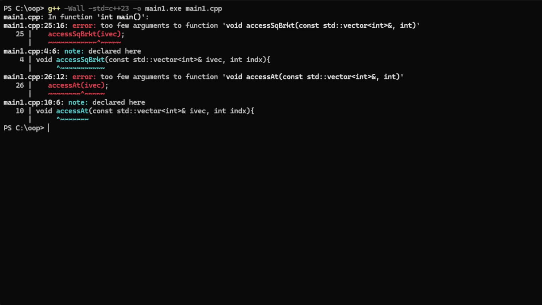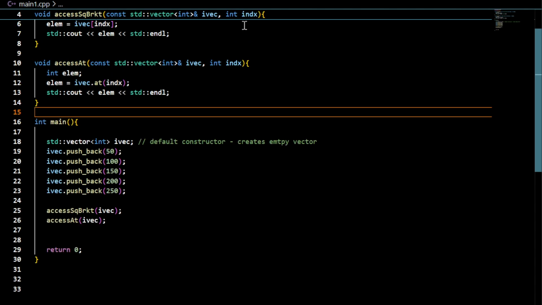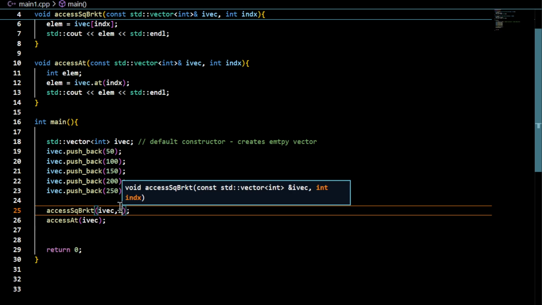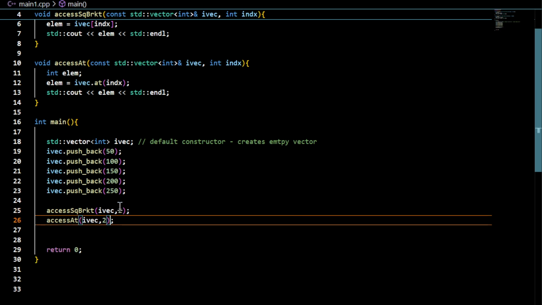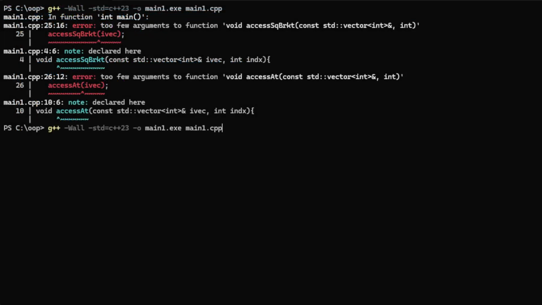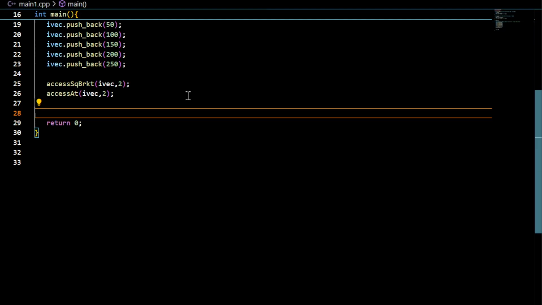Okay, too few arguments, so I actually, yeah, because this function receives an index as well, so I also want to give an index, let's say 2. So now it is accessing the data, right? But the main point I want to explain here is